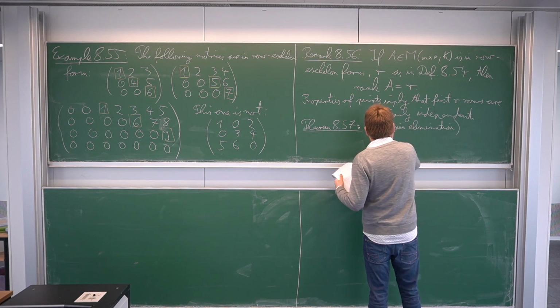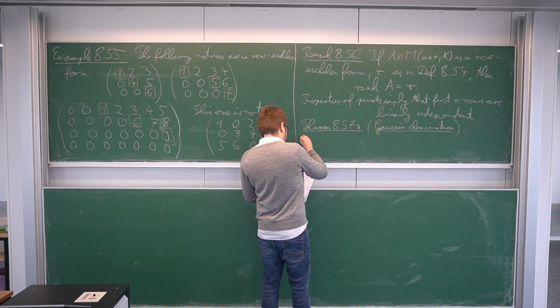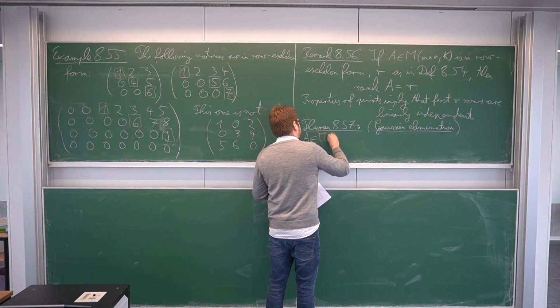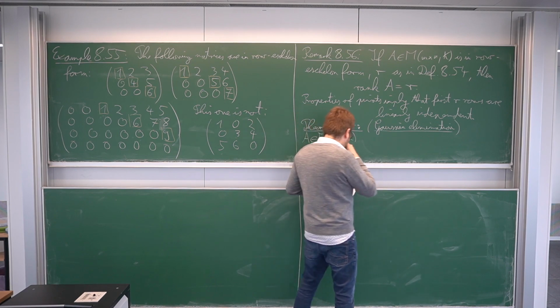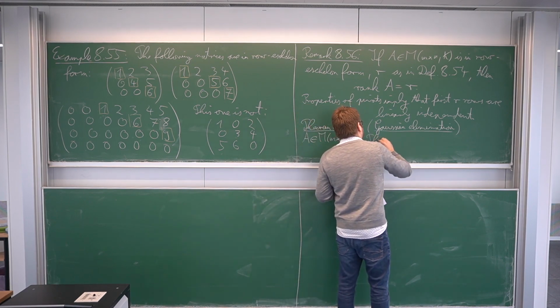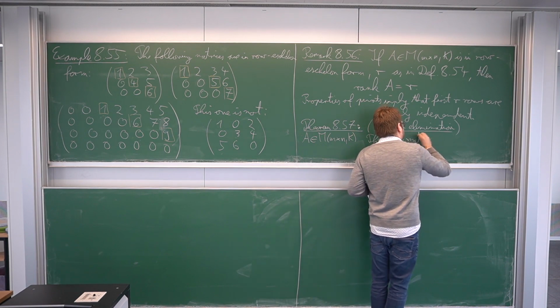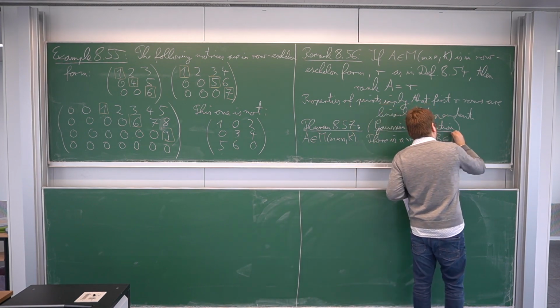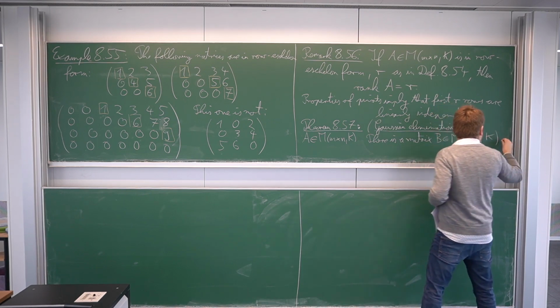Basically, actually the Gaussian part would be the proof of this. So let A be an arbitrary m by n matrix, where m and n are arbitrary numbers. Then there is a matrix B in row echelon form